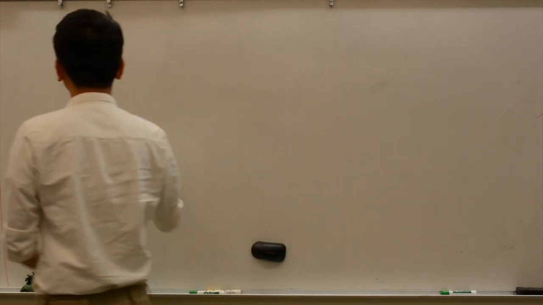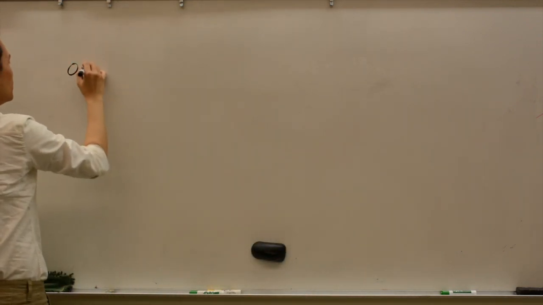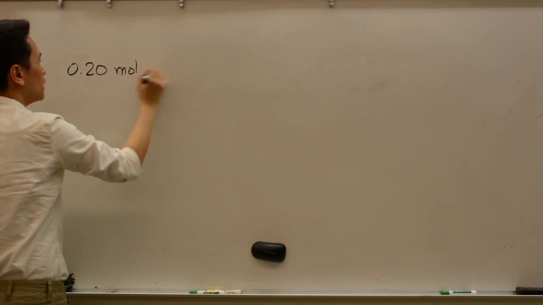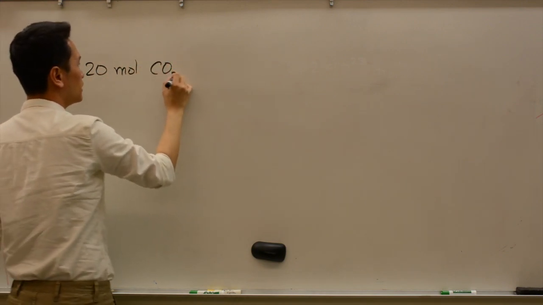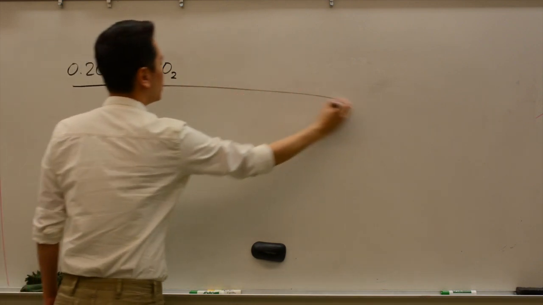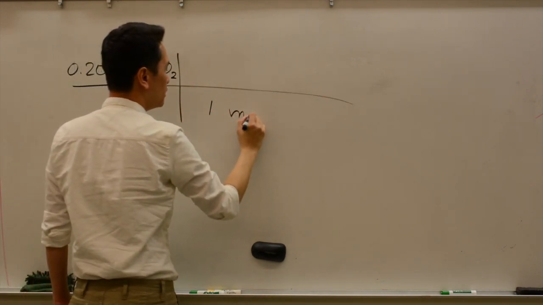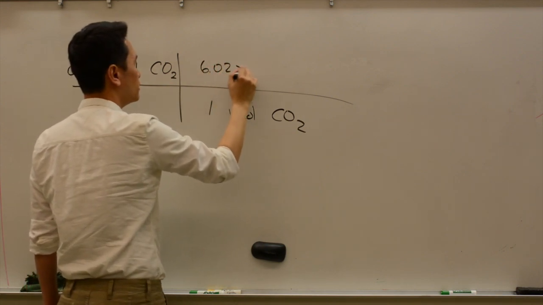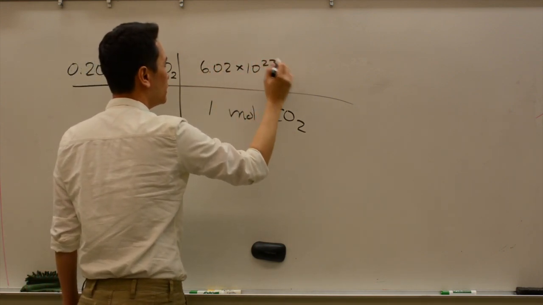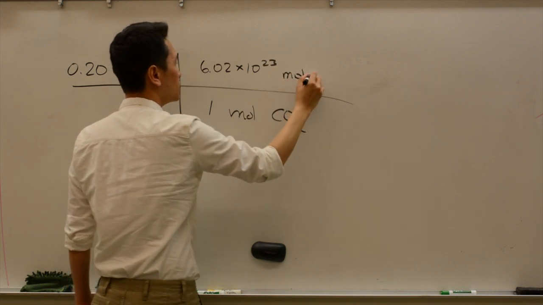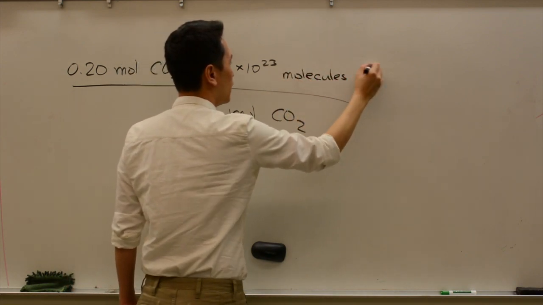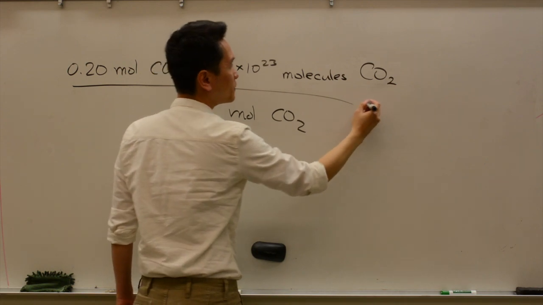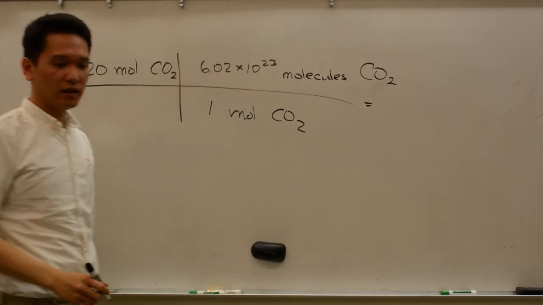Okay, so again, we start out with the fact that we have 0.20 moles of carbon dioxide, and we know that for every 1 mole of carbon dioxide, there is 6.02 times 10 to the 23rd molecules of carbon dioxide. Do this math and we should get,